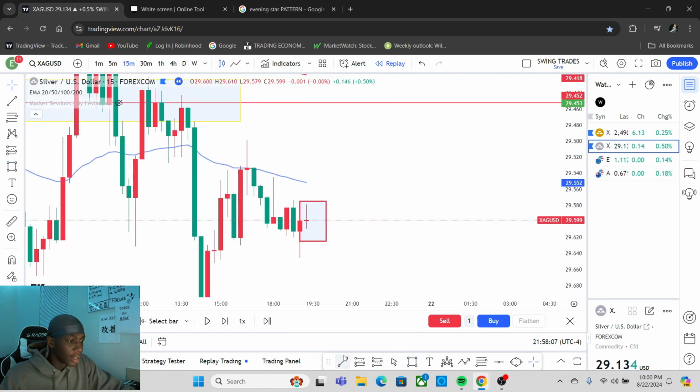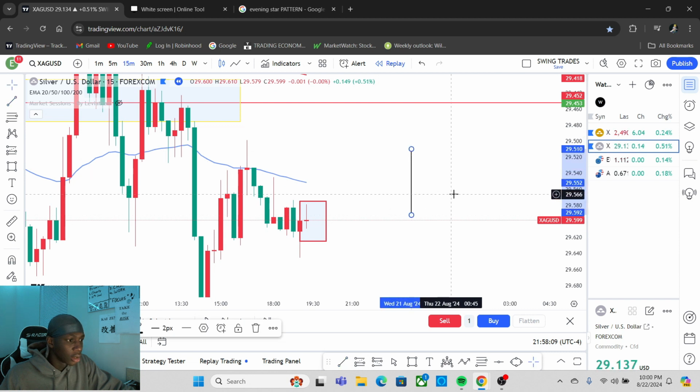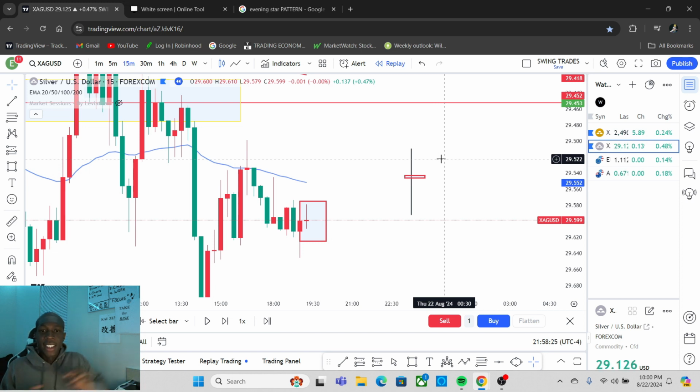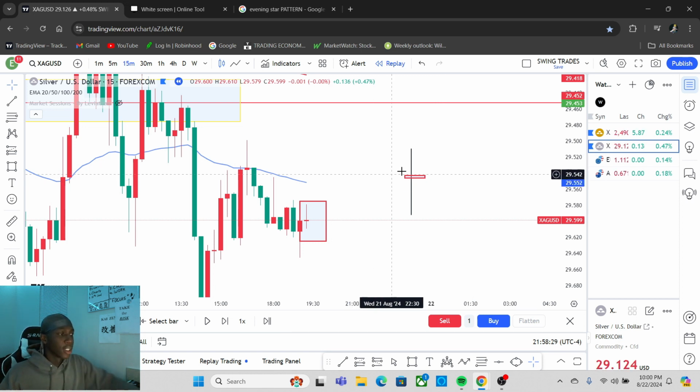It means that price, let's say price opened here, right? So price opened right here, went all the way down here, but didn't close down here. Price then pulled all the way back up here, didn't close all the way up here. And then price just closed where it opened. So that means indecision. So this works extremely well with the morning star or evening star pattern because